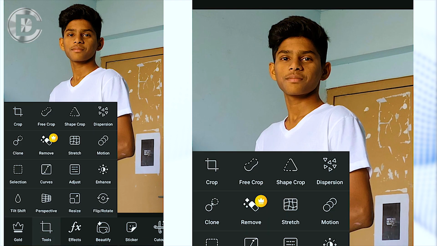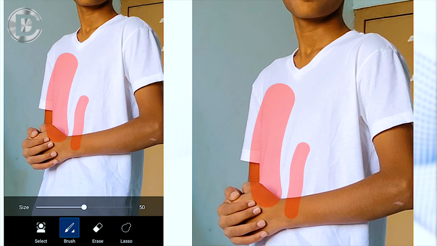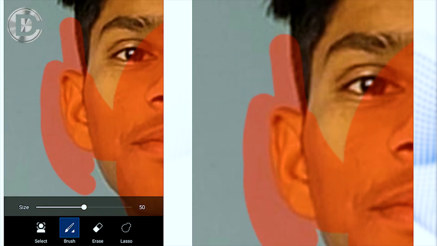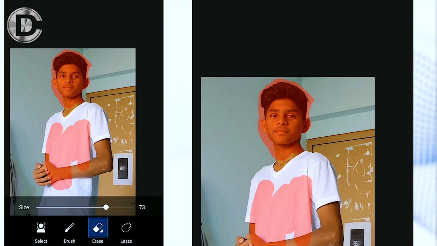Next in this panel is brush. As the name suggests, you can paint anything, but not the normal paint. For example, we paint hair, and here now you can see how the brush works. Basically, you can crop some of the part from your picture by selecting them with brush freely. You can also adjust the brush shape and refine your selection. Next is an eraser. This you can use as a deselection tool. With the eraser you can erase any selection just to refine the crop edges.